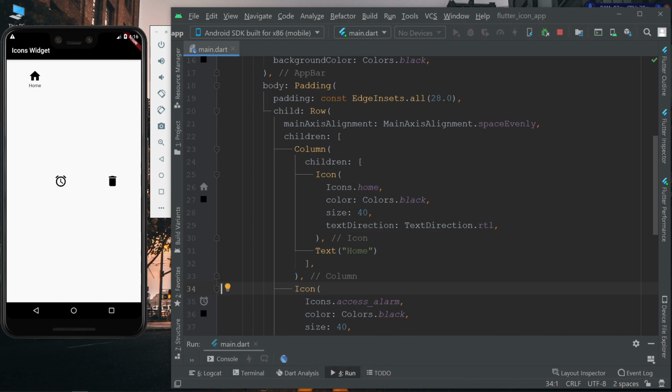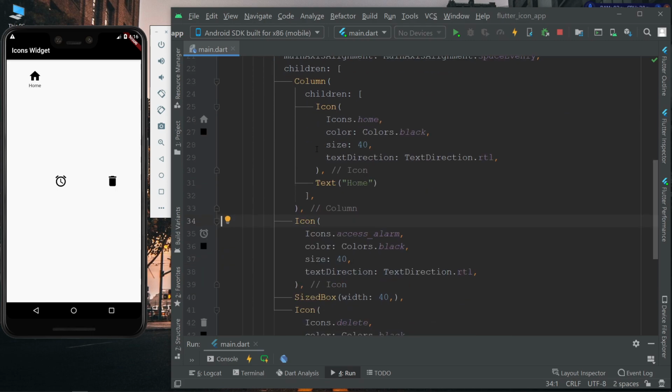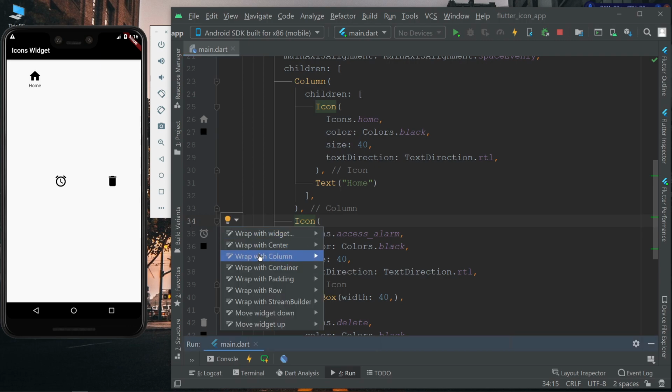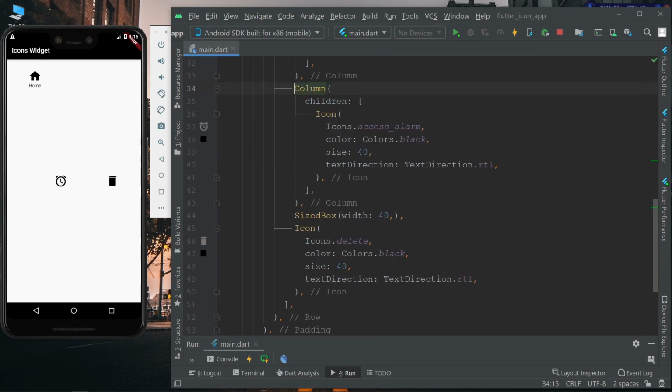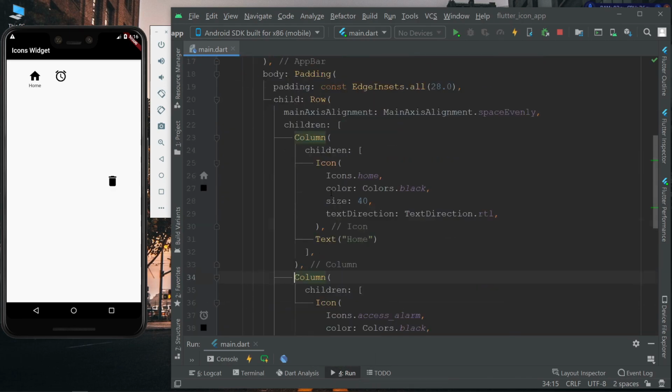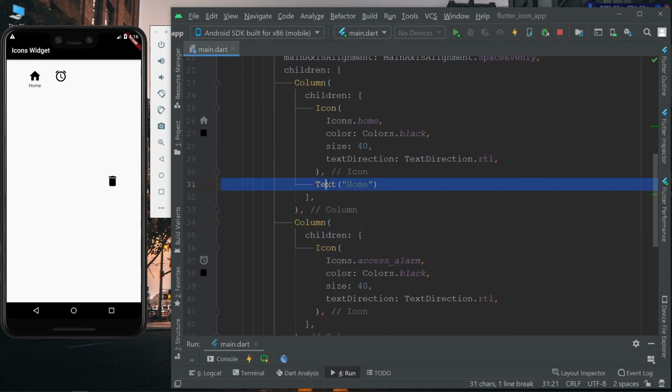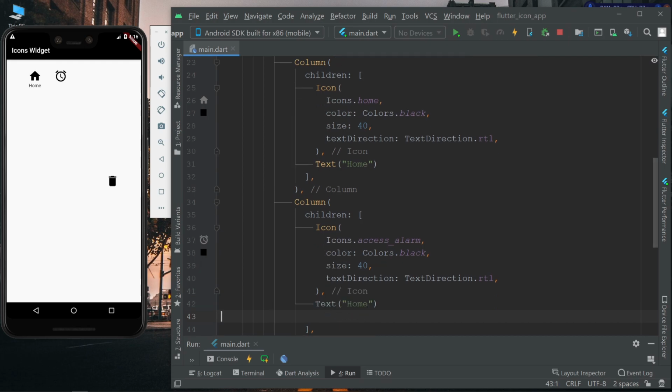We have to create different columns for this. Wrap it inside a Column. Just hit Ctrl and S. Now copy this Text widget and paste it inside the second Column widget.